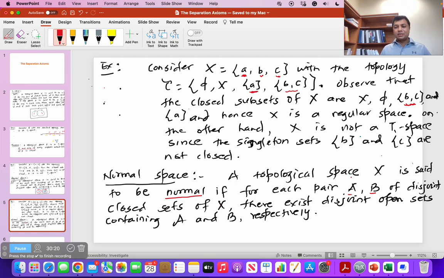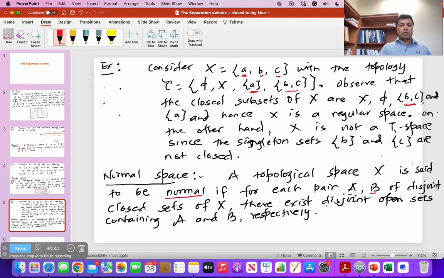That means, let's say if A is in U, then B has to be in V. If we can find such disjoint open sets for every pair of disjoint closed sets in X, then we can say that this